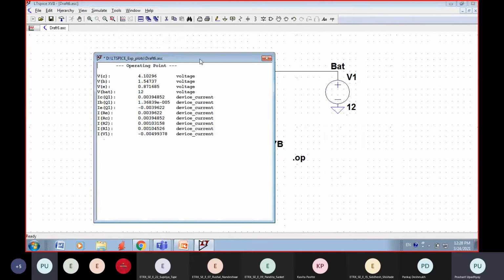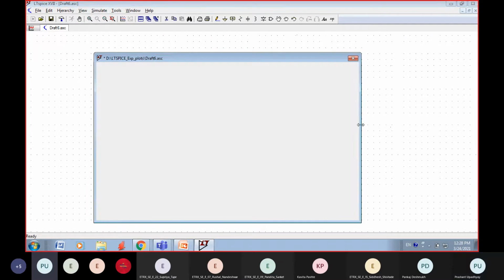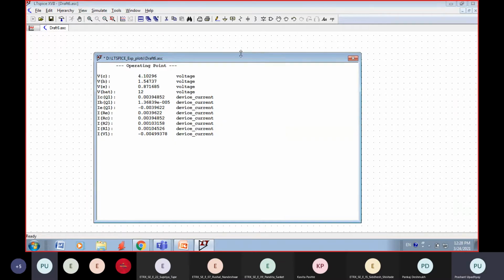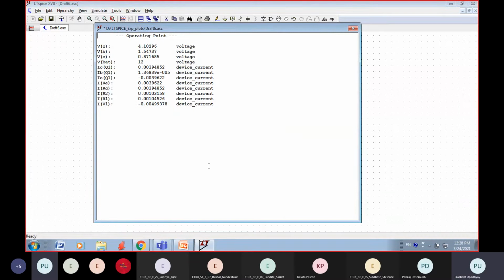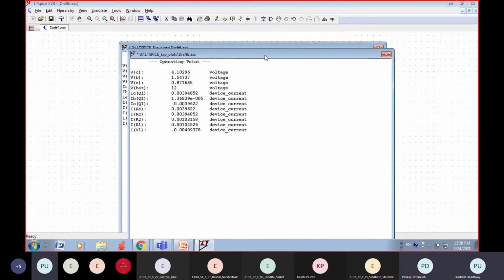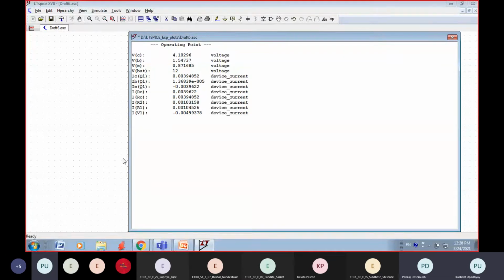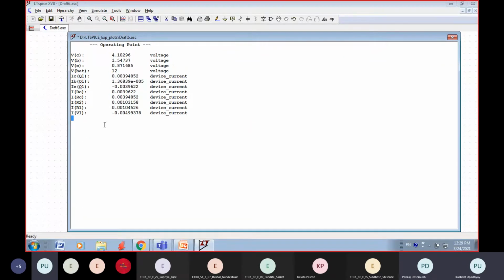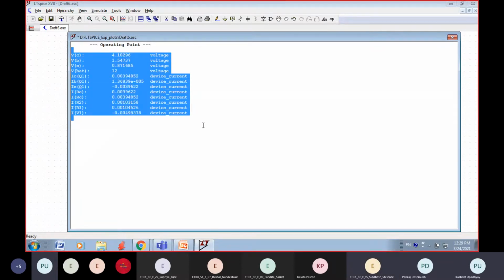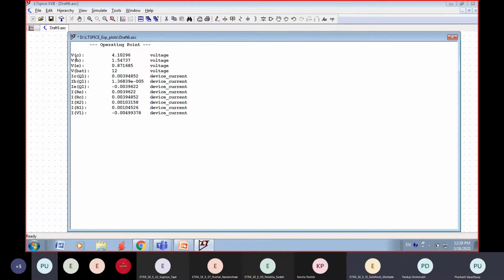But now can you see what is the difference? Whoever spots the difference, give him full marks in the lab. What difference have you now observed? Can anybody tell me? Any difference you can observe? Now we can identify the voltages which are for specific nodes. Yes, you can see the node names, you can identify them. Yeah, it's a very short and simple explanation.